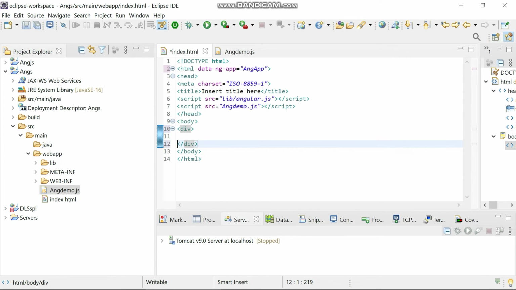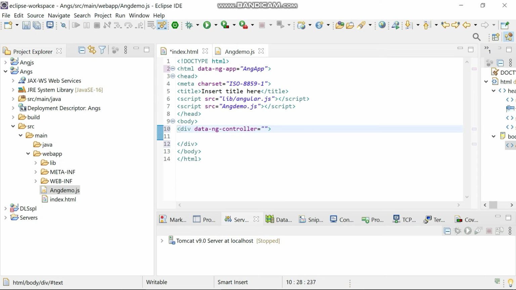So here what I do, here I give data-ng-controller, equal to, the name should be,